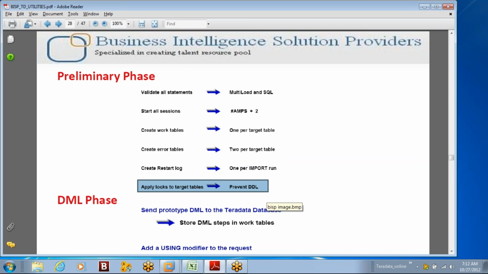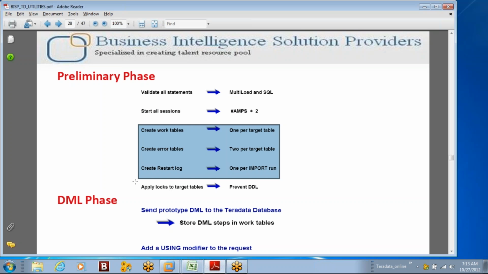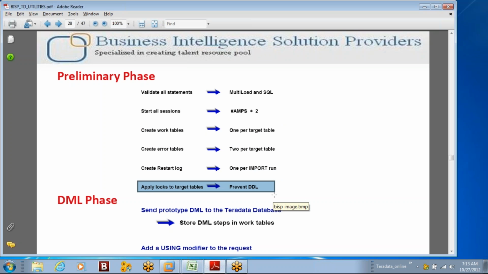Which lock? It is not a write lock. It is an access lock on the target table, and actually it does all the operations on the work table until the application phase, the fourth phase. So it does all these subtasks in the preliminary phase. It validates the statements for SQL syntaxes, semantics, and starts the sessions required to load, creates all the temporary tables, intermediate table required,